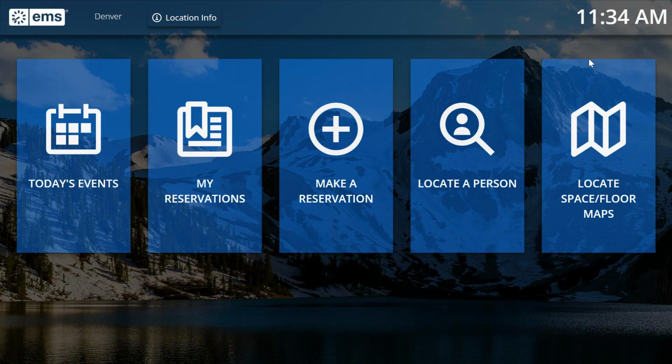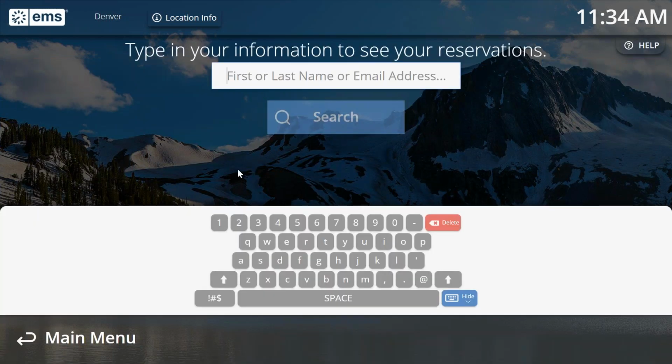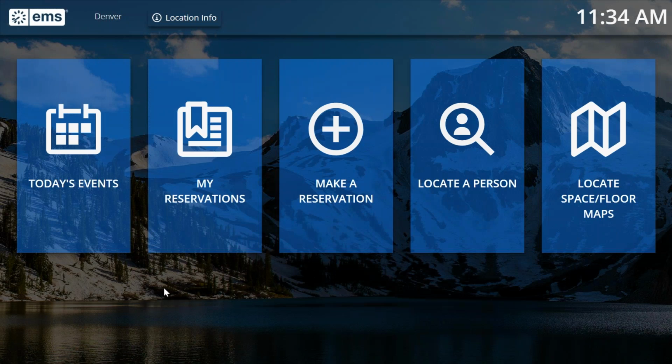You can also configure, maybe for your study hall, my reservation to be the primary view, the default screen people see when they come in, and the other menu options will be visible across the bottom of the page. So this is the home screen, the default